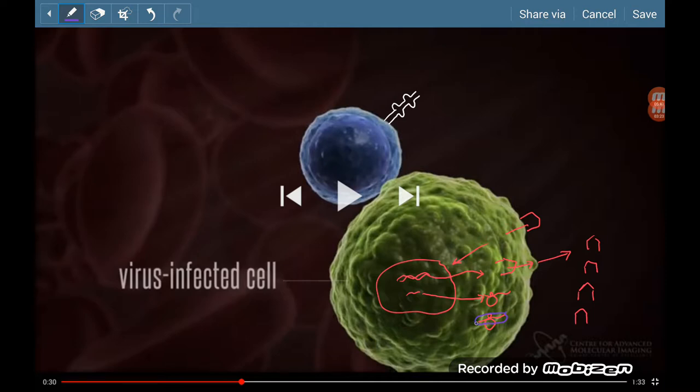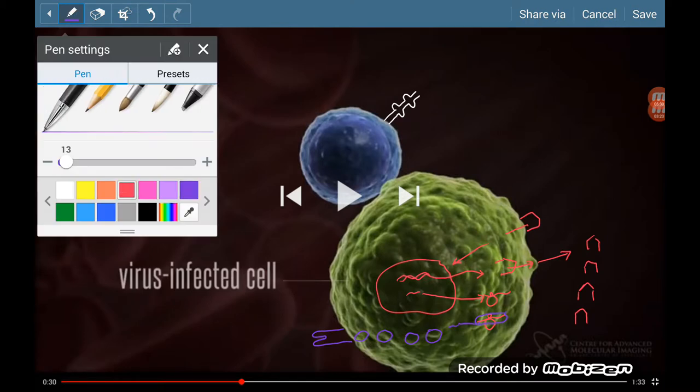And it will then, using endoplasmic reticulum and Golgi apparatus, package them up, put them into vesicles with MHC1, and the vesicles will exocytose and express MHC1 plus